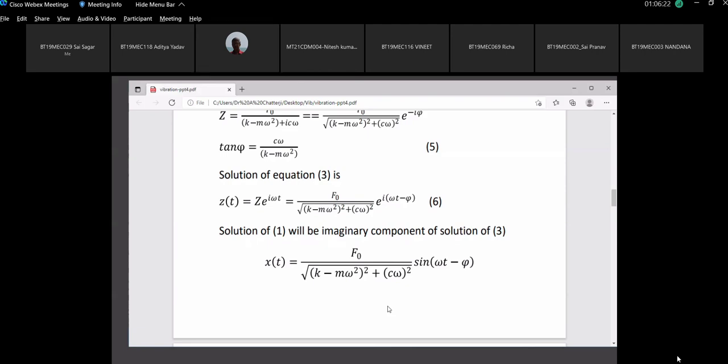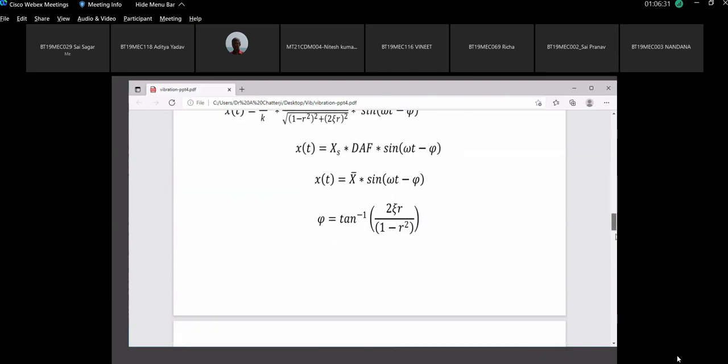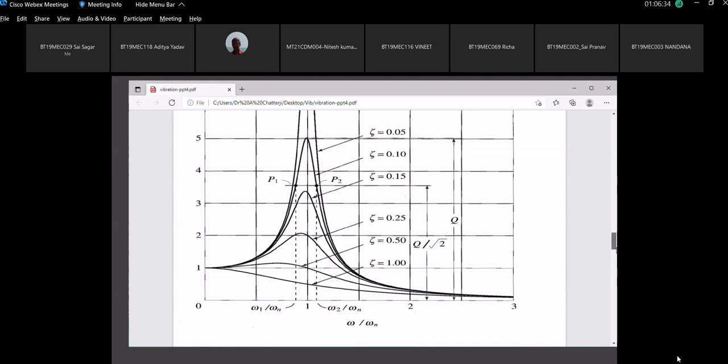Sentence number 2. Now, omega should not be very close to omega n, even in presence of damping. Agree? Only thing, it will not be that much dangerous. But even in presence of damping, omega should not be close to omega n. So, write the second sentence. In presence of damping,